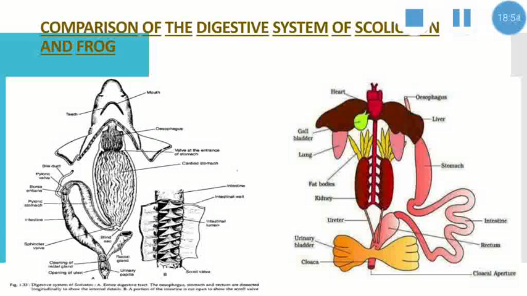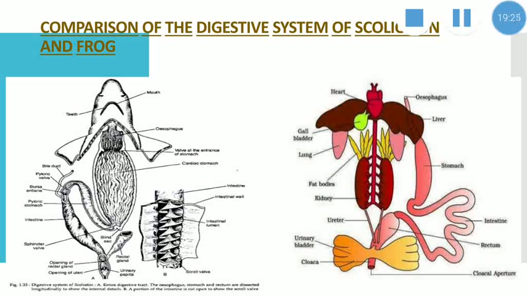In Scoliodon, there is a pair of abdominal pores leading from the peritoneal cavity. But in the case of the frog, it lacks abdominal pores. In the case of Scoliodon, the cloacal aperture is a longitudinal slit on the ventral side between the pelvic fins. In the case of the frog, the cloacal aperture is a circular aperture at the end of the trunk between the hind limbs. So the digestive glands, liver and pancreas, are common in both.